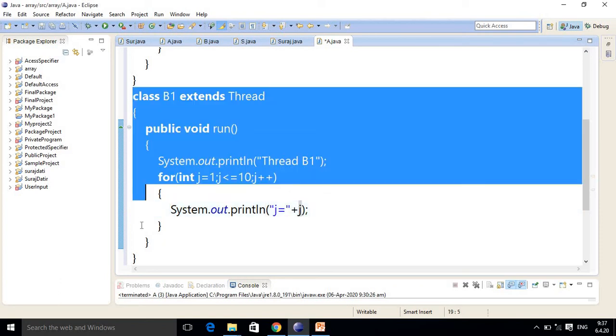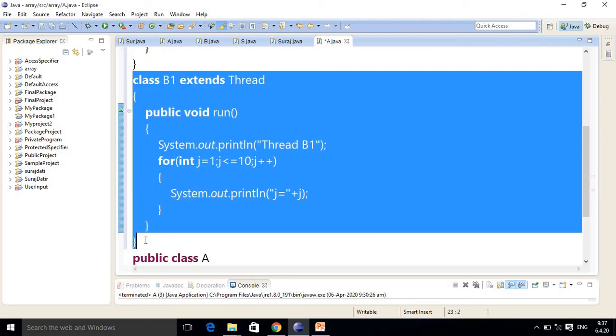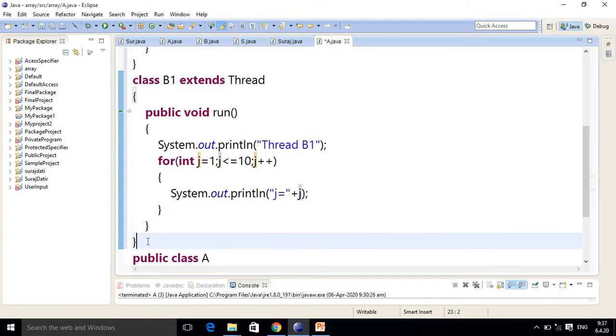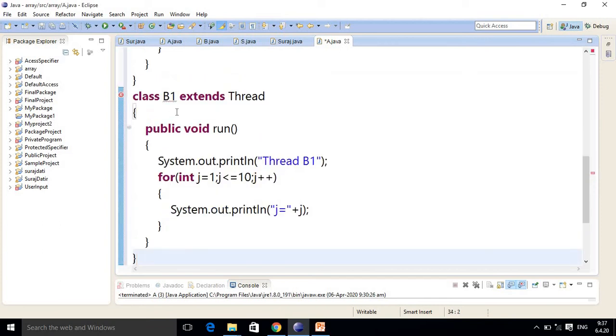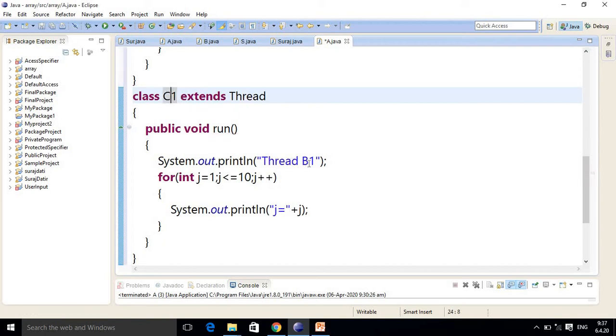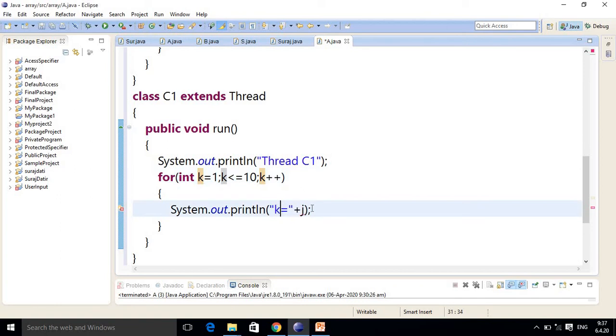Finally we will take a third thread also. As usual you do the same process, and here I am taking another variable which should not be i or j. So this is for the k variable iteration. Finally we got all the threads.